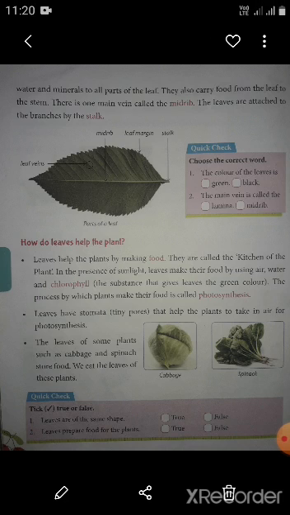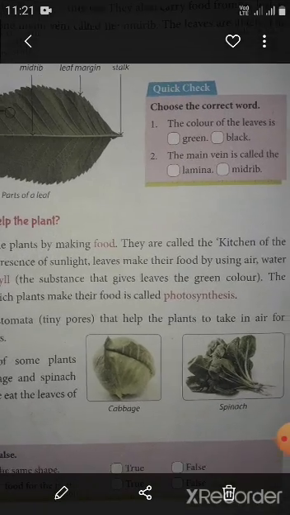The leaves of some plants such as cabbage and spinach store food. We eat the leaves of these plants. See here students,